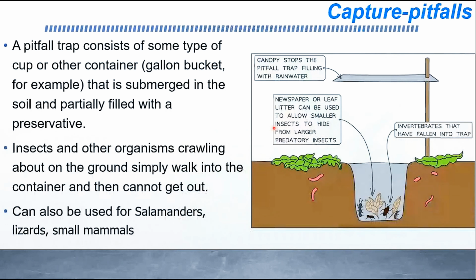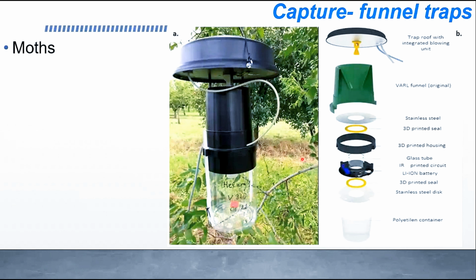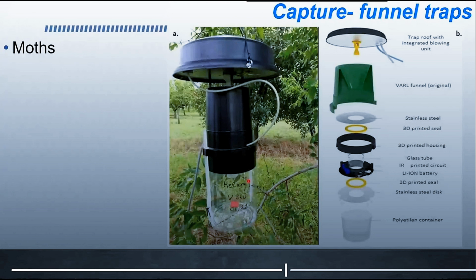Okay, so if you go here, this was mostly for insects that are in the soil, which crawl on the ground. So if you have insects which are flying, you can attract them using some methodology, say light or some chemical or some hormone, and they will get trapped into this particular trap. So they are funnel shaped. That's why they're called funnel traps. So you gather them here, and after say some 15 days or 10 days, you can just take